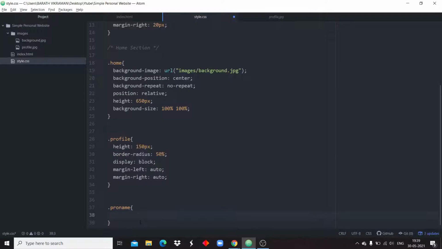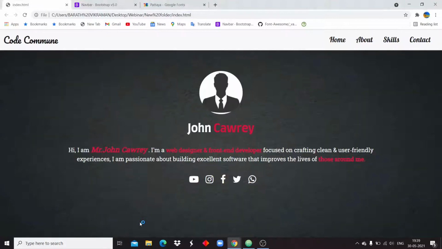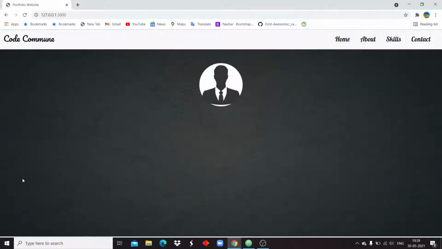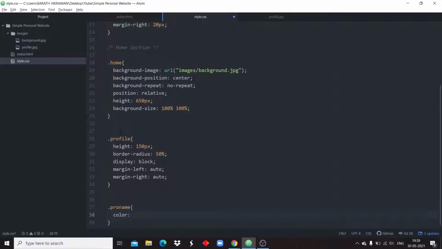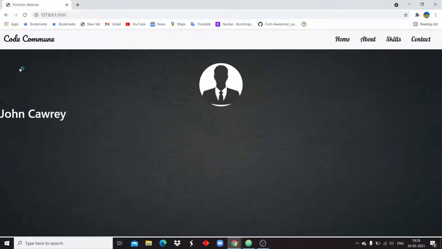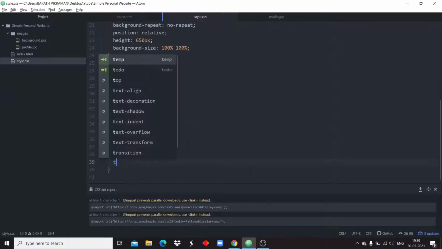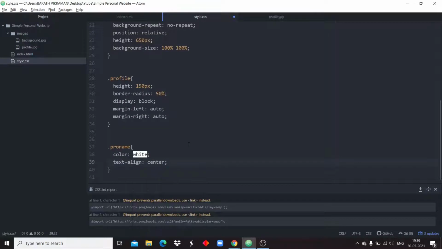First we need to change the font color because by default it takes black. So here we can't specify black because the background is already black. So I'm just changing it to white. Now you can view the name, and again we need it in the center, not at the left. So I'm specifying the text align as center.